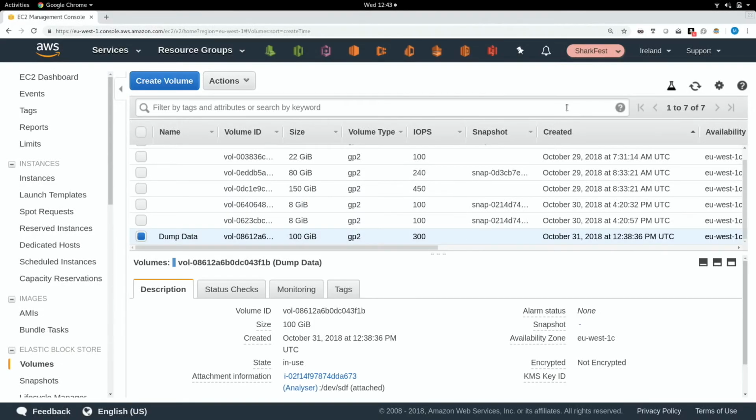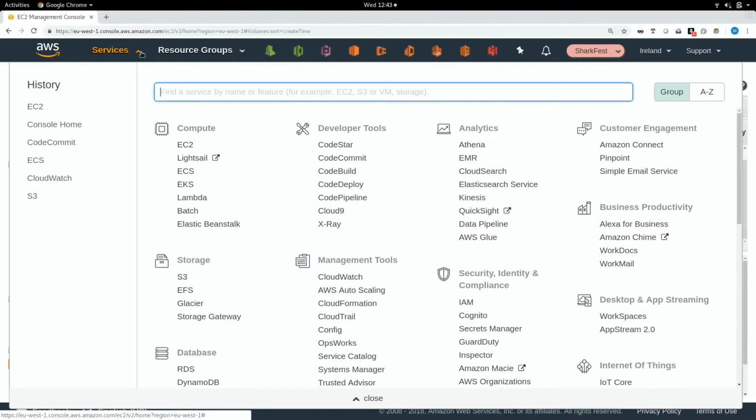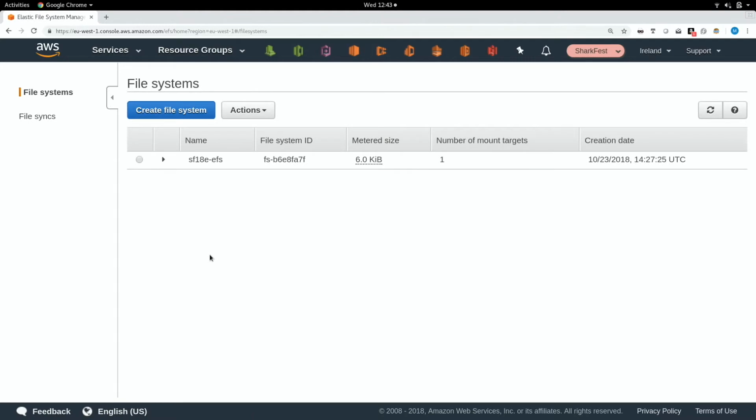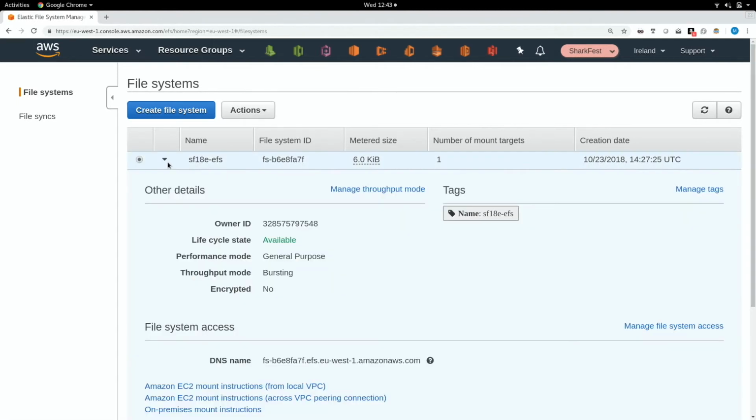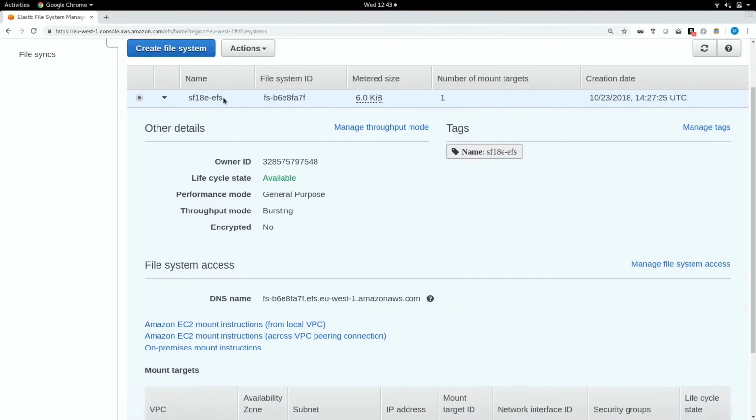But it's really good. So if I was to have a look in the Amazon console and look at EFS, it's as you would expect, a point and click type thing. You can have your storage, your NFS partitions, up and running within a few minutes. This is an EFS drive that I created previously for this, that is actually running in burst mode.